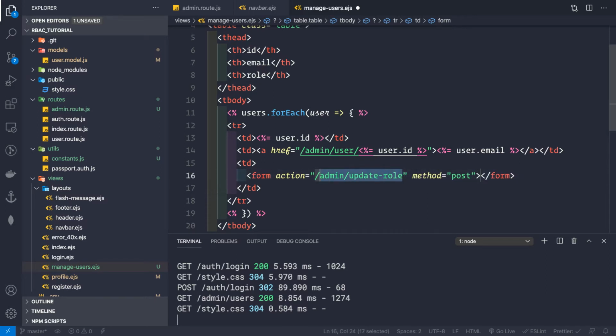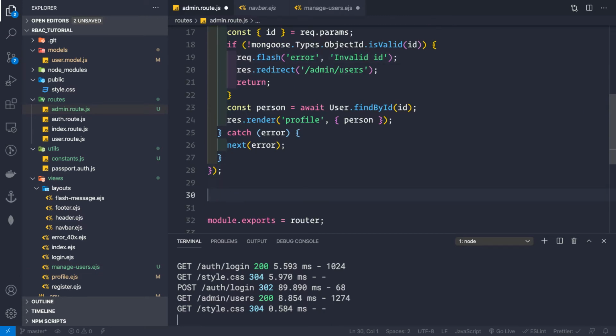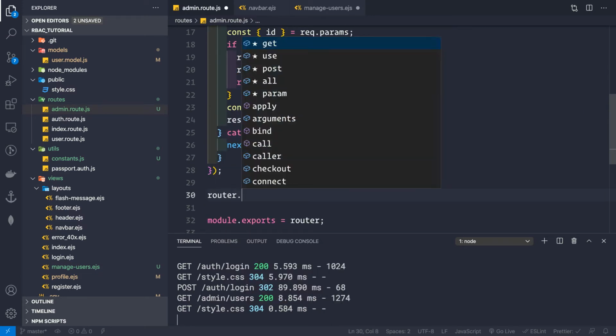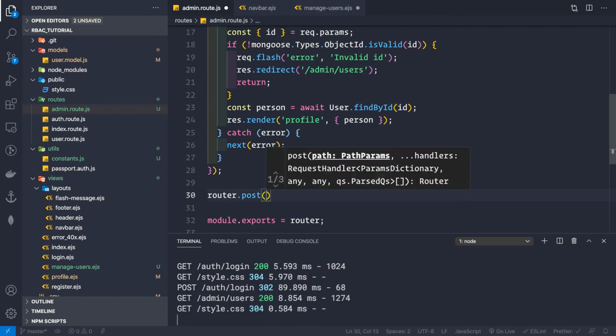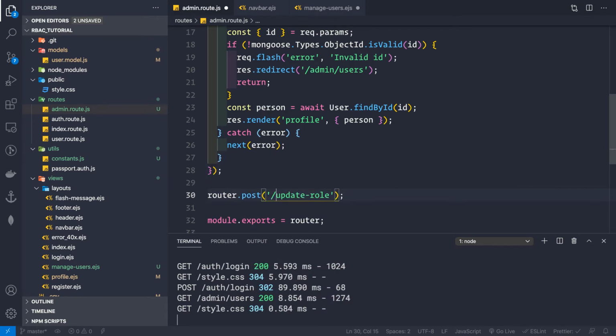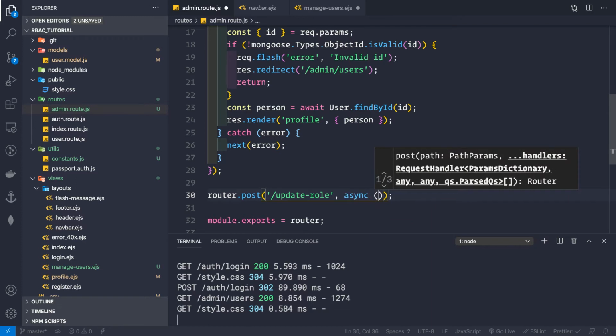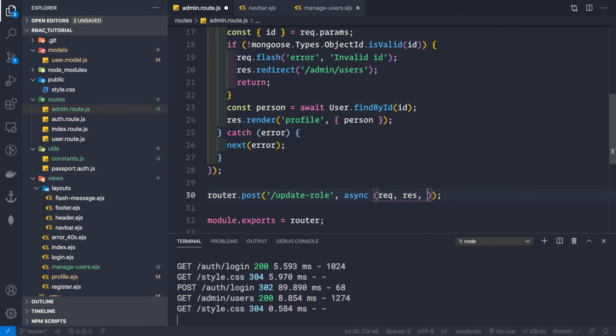And now let's create this route, /admin/update-role, inside our admin.route.js file, and here it would be a post route. So router.post, and the path would be /update-role, not double slash but only a single slash, and then we would have a callback, an async function that takes in request, response, and next, like this.